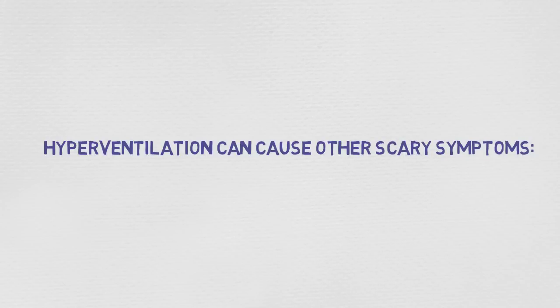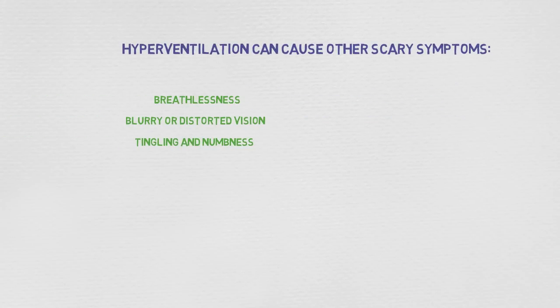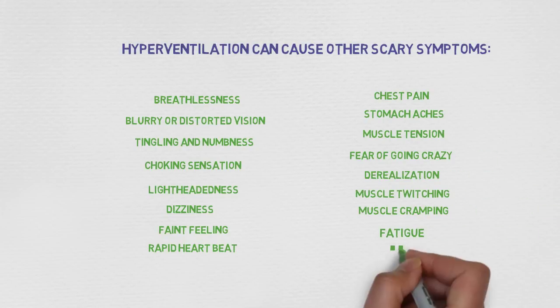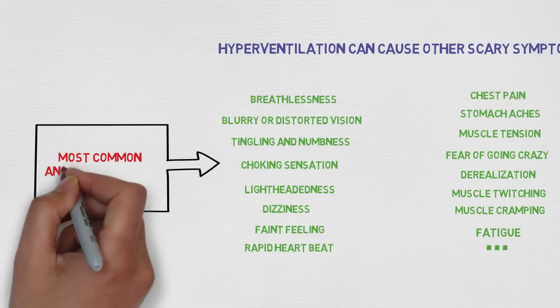So let's list the most common symptoms that can be a result of your wrong breathing. Hyperventilation can cause breathlessness, blurry or distorted vision, tingling and numbness in any body part, a choking sensation, lightheadedness, dizziness, faint feeling, rapid heartbeat, chest pain, stomach aches, muscle tension, fear of going crazy, derealization, muscle twitching, muscle cramping, fatigue, and so many more. As you can see, just this list covers a huge chunk of the most common anxiety